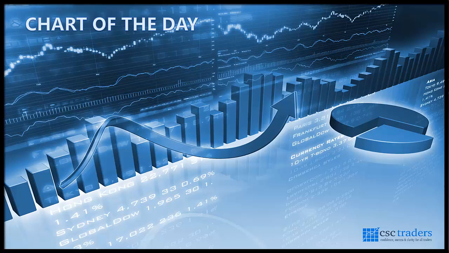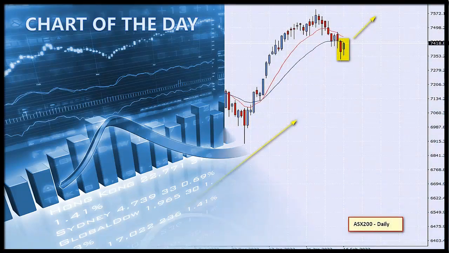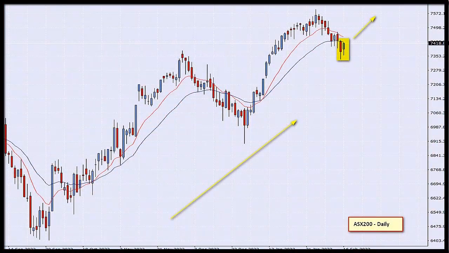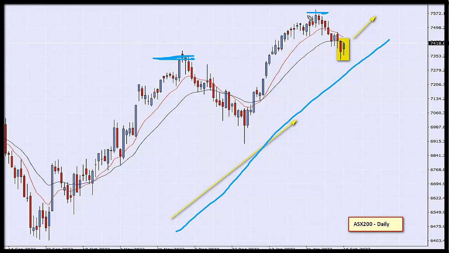Okay, but this morning I'm just focusing my attention on a different chart, and I'm looking at the ASX 200 on a daily time scale. Now, this is set up really nicely. We can clearly see that this chart is in an uptrend. Our highs are getting higher and our lows are getting higher, and it's got that nice motion pulling back into dips, pushing forward and then pulling back, and hopefully we can get a buy signal in there.